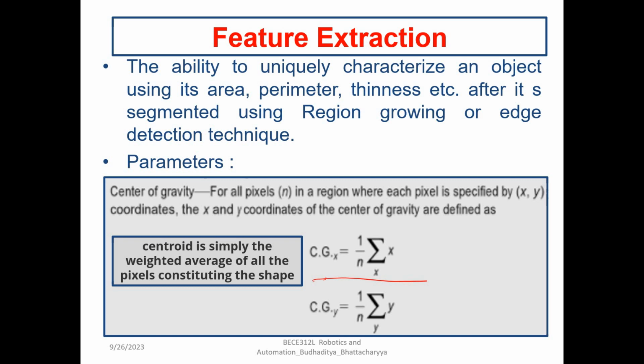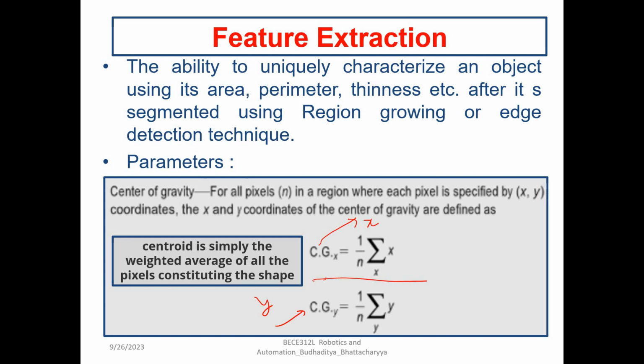So you can see CGX, it means this will be the CG, center of gravity, or we call it the centroid, will be a single point within that preferred portion. In that, the x coordinate is given by the CGX and CGY indicates the y coordinate, not the axis, coordinate. So this is my x coordinate